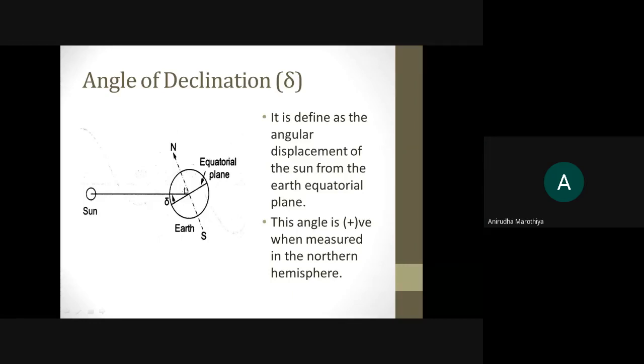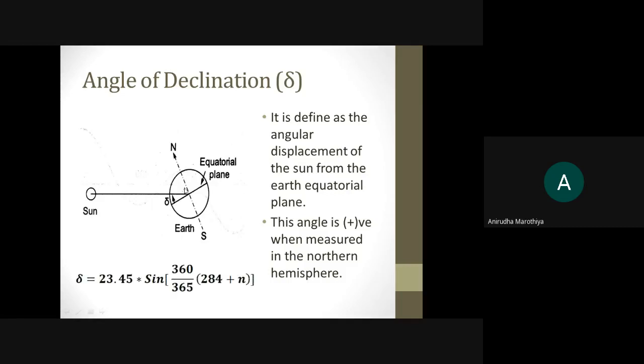Now suppose you are interested in calculating the maximum value or the minimum value of del. That means if you want to find out how this angular displacement of the Sun with respect to the Earth equatorial plane varies, or at the maximum, what is the maximum possible value by which the Sun will move above the Earth equatorial plane, or below the Earth equatorial plane. So we should know the exact mathematical formula to calculate the variation of del within 1 year.